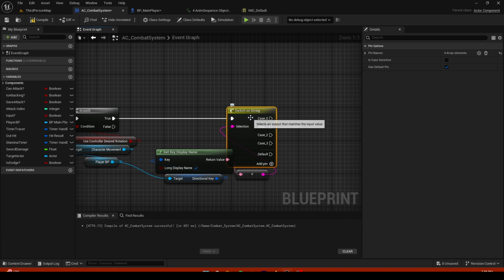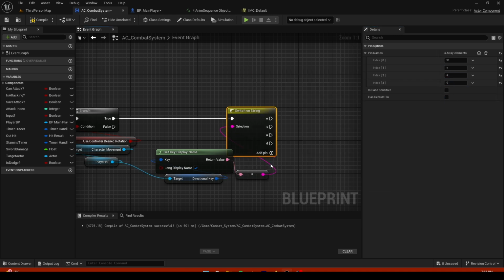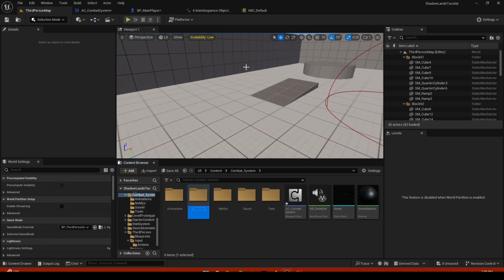I think it's 4. You can rename it. So, for example, W, S, A, and D. At the default, I just couldn't remove that. And to switch them around, we need an enumeration. So we're gonna create a new folder called enums